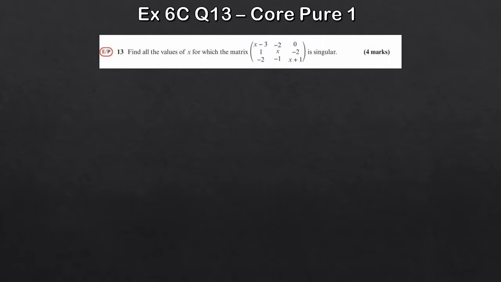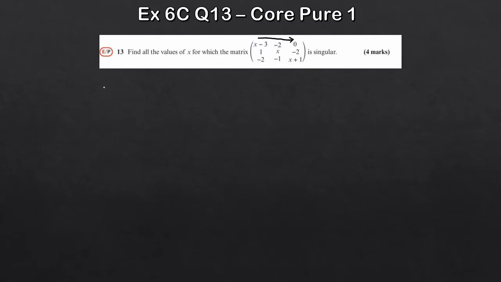Now, when I first learned this, we were taught just to expand across the top row, and that's always the method I've done. Now, it doesn't matter which one you expand along, it's completely up to you. And as long as you expand everything correctly, you'll still get the same answer. Okay, so if I expand along the top row here now,